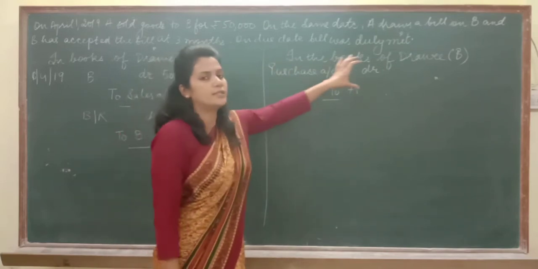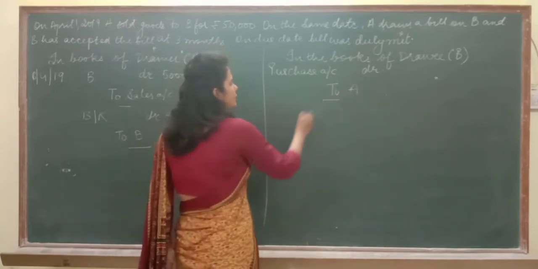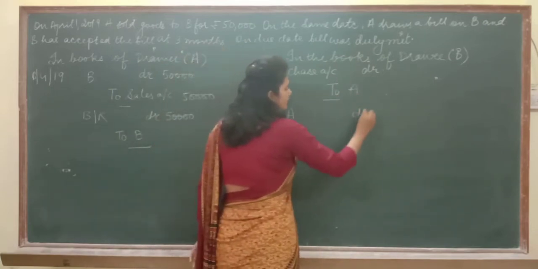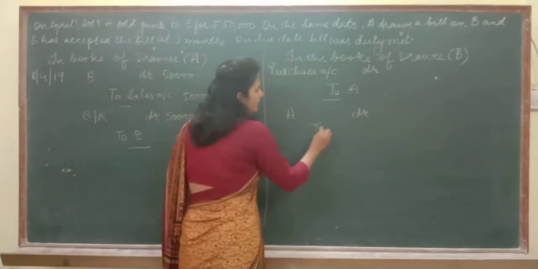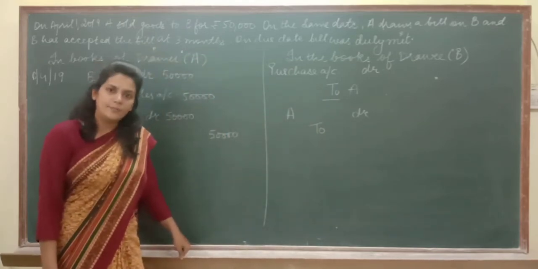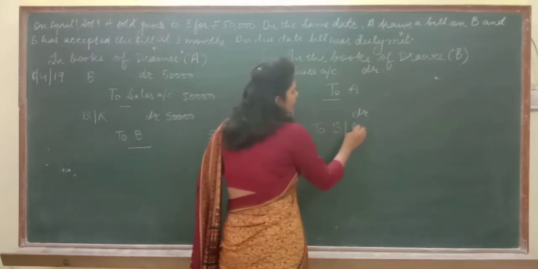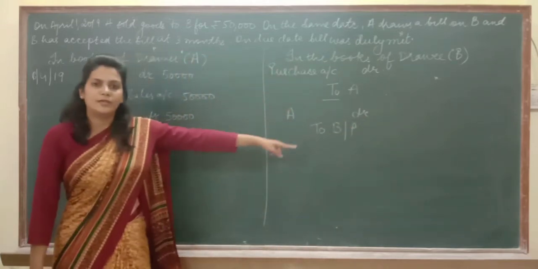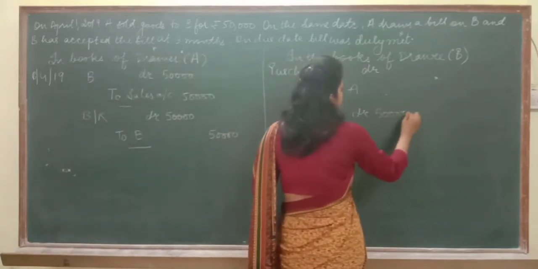Creditors have a credit balance. Now he is no longer his creditor, so I need to take A out from the list of creditors. So I'm going to debit it. And then bills payable. Now the creditor has been changed to bills payable, and bills payable is also a liability just like creditors, so bills payable will have a credit balance. So I'm going to write it like that. B/P means bills payable with the amount 50,000.